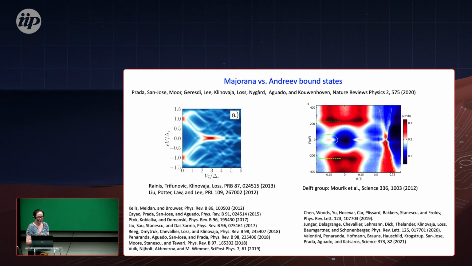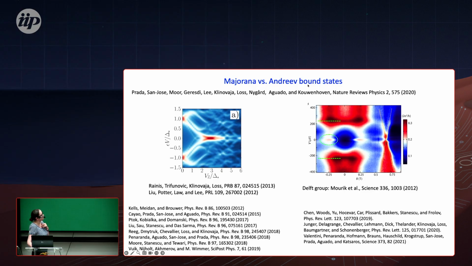And this is what also results in discussions about what has been observed in the experiment, because of course, theory is done for a very clean system. In reality, these systems have a lot of disorder. It's difficult to show, for example, that they have ballistic transport. Already 10 years ago, it was shown that we can simulate a system with disorder, and then you can see, okay, I increase the magnetic field, I get a zero bias peak. But you can see on the left, you have numerical simulations from theorists. Here we know that we have no Majorana.